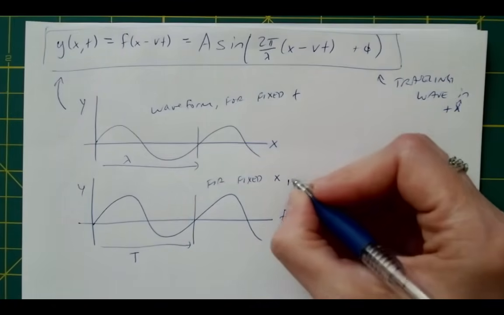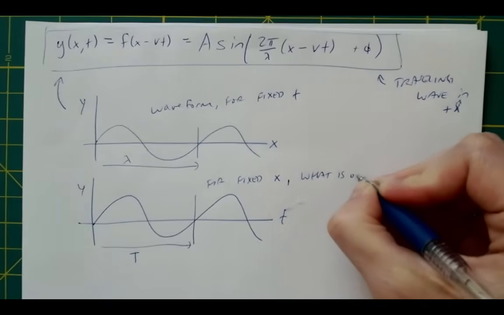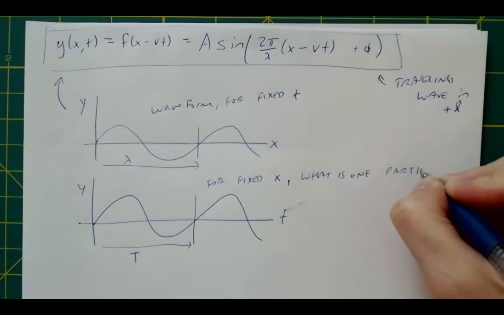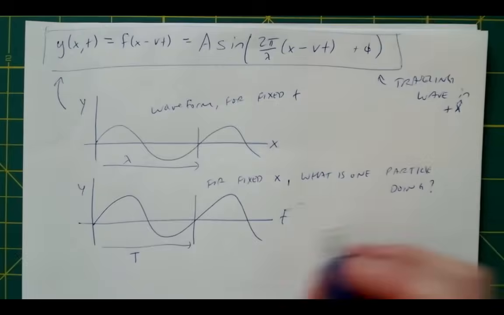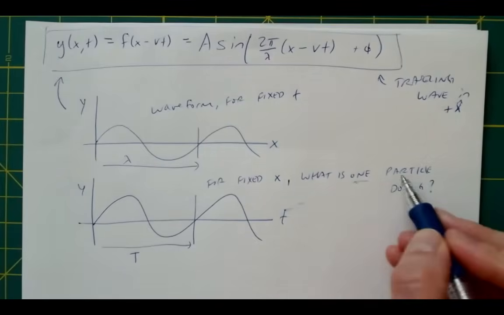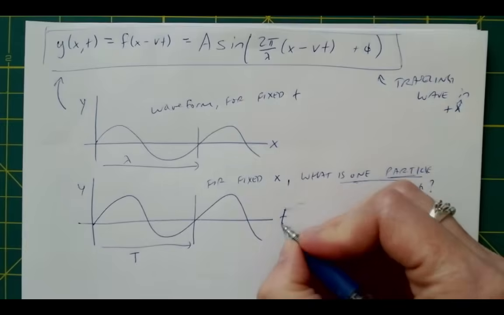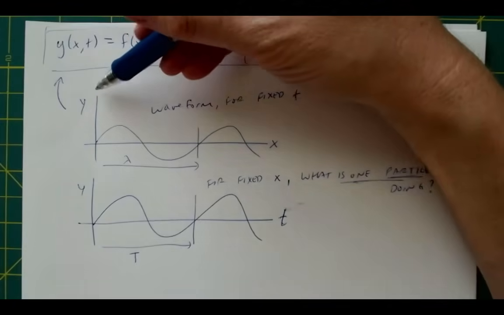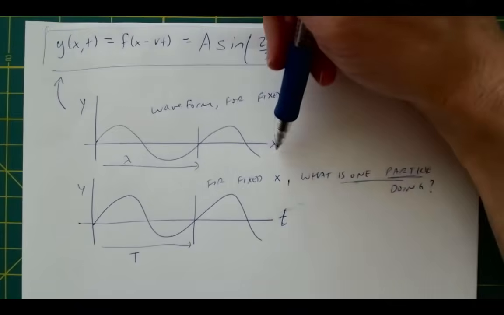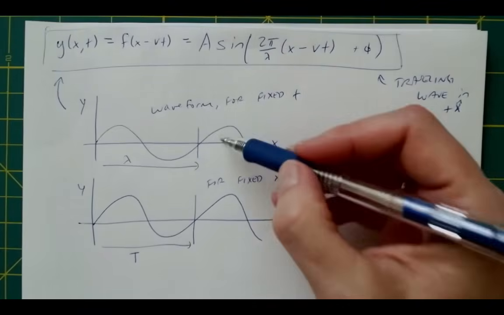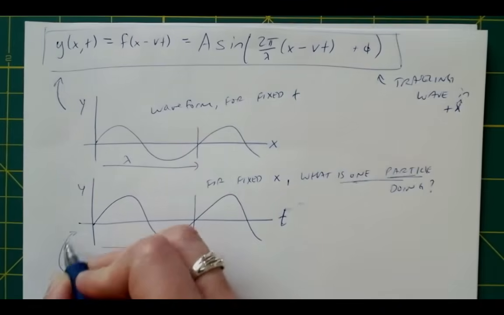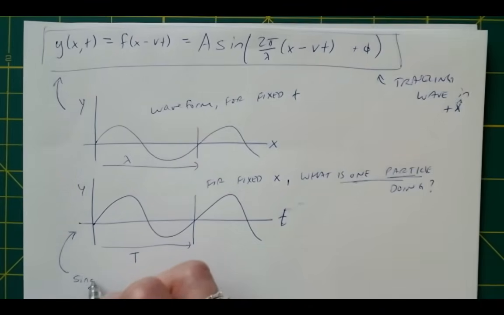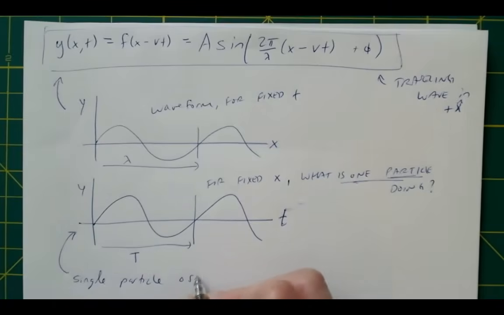And this would be for a fixed position, what is one particle doing? So this is showing the particle's oscillation, one particle as a function of time at some location x. This is showing the picture of the whole wave, y as a function of x at some fixed time. And so you have to be, again, very careful of reading your axes in order to determine this. But if we imagine a single particle, a single particle oscillation